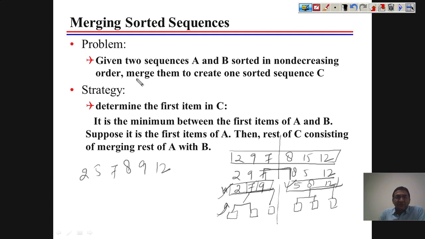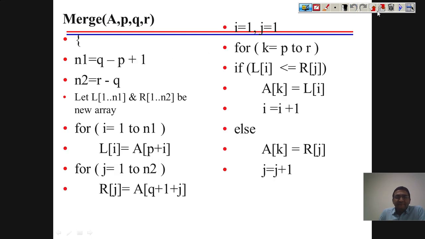Okay, so how can this be done? For this we need to look at the merge procedure, or the merging algorithm. So move to the next. Now this is the merge procedure. In the merge procedure, we have to supply our entire array. We need to pass the first index p, the last index r, and q, which is the mid value that we find by floor of (p plus r) by 2. This is your q.